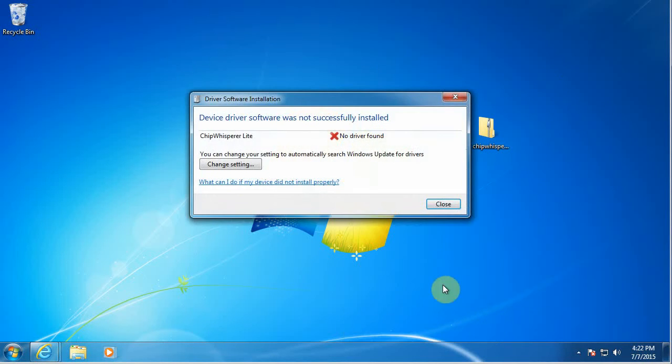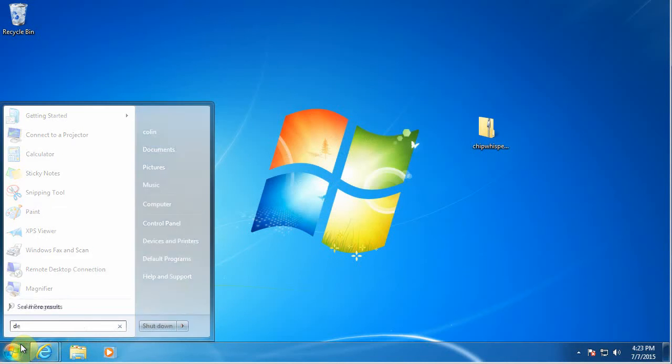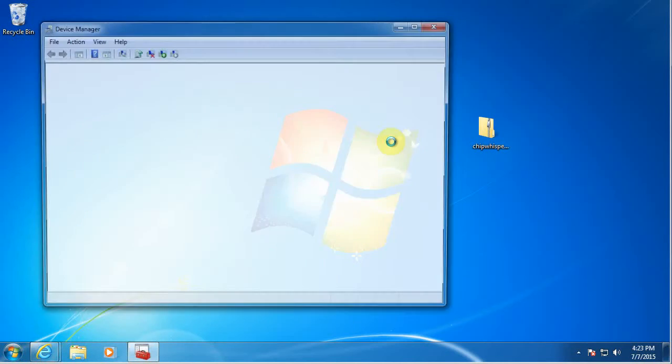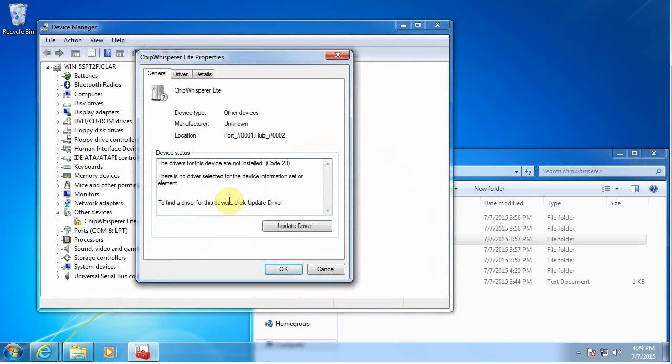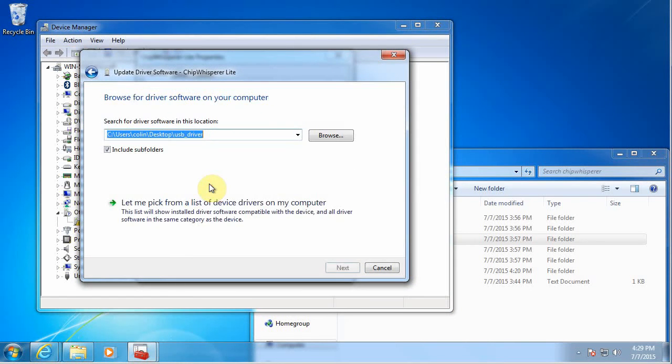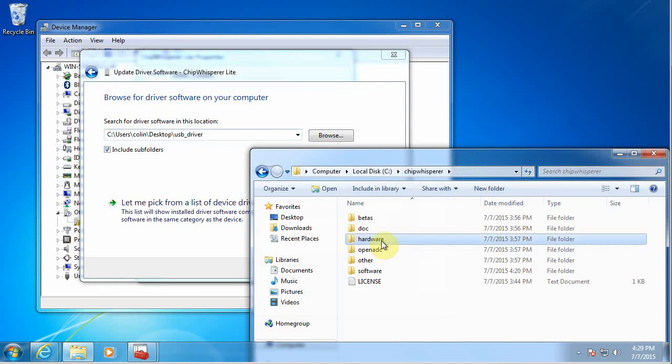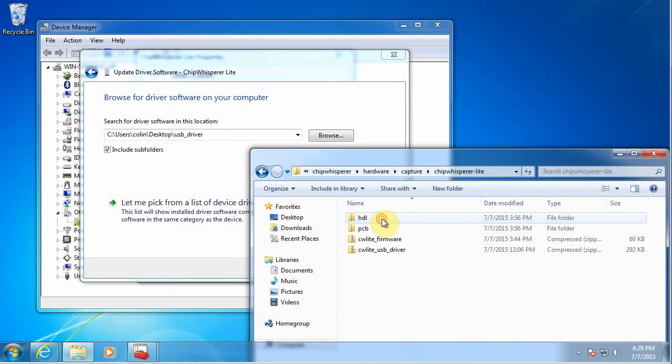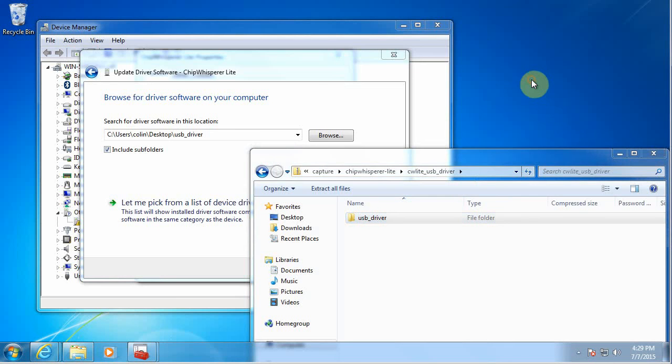So Windows has come up and said, hey, no drivers found. It may automatically ask you where to find them. If not, you can go to Device Manager and go to the ChipWhisperer-Lite and hit Update Driver. Now by default, you can either download the driver separately or it's actually part of the ChipWhisperer release. So where it's located is Hardware, Capture, ChipWhisperer-Lite. You may find if you download an official release, normally there'll be a USB_driver folder. If not, you'll find a zip file, and all you have to do is copy the USB driver to somewhere